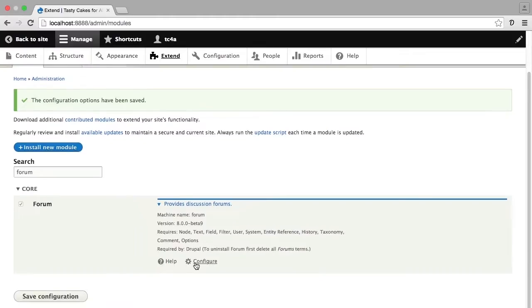And now you'll see that there is a configure option as well in the description of this module. Since this module is now enabled, there are settings that we might want to set on the module, and this is where we would do so. Before doing that, however,